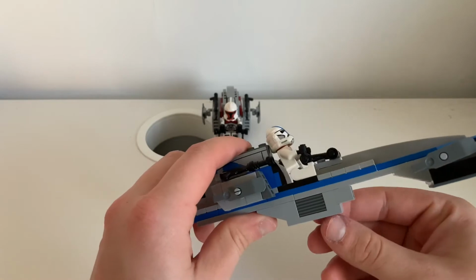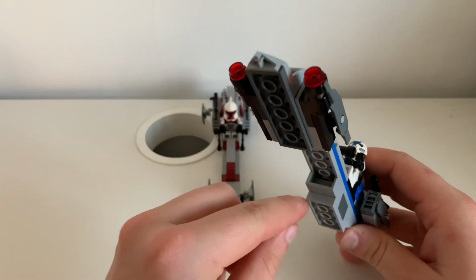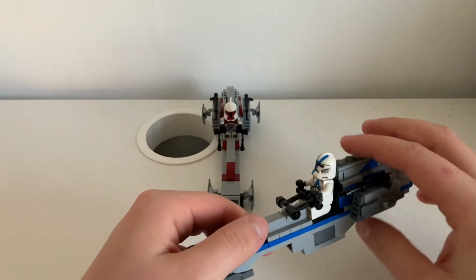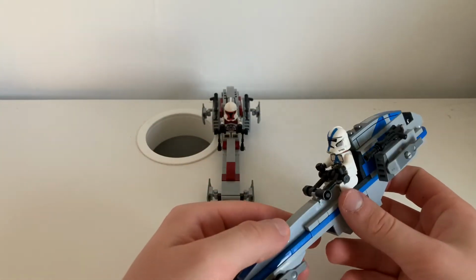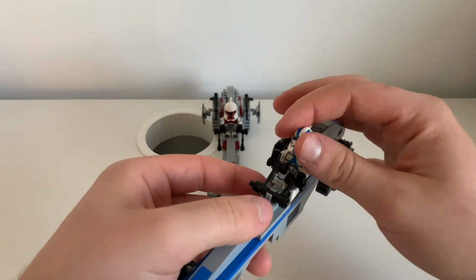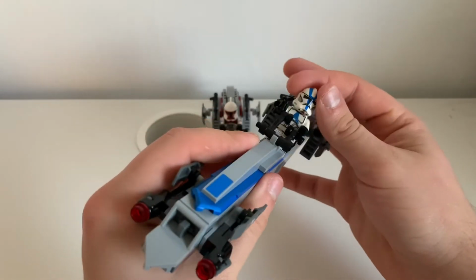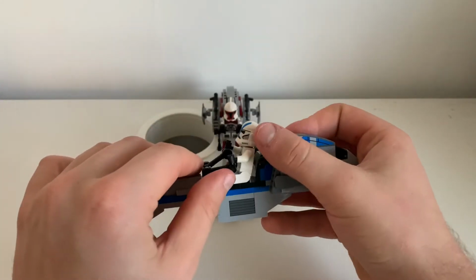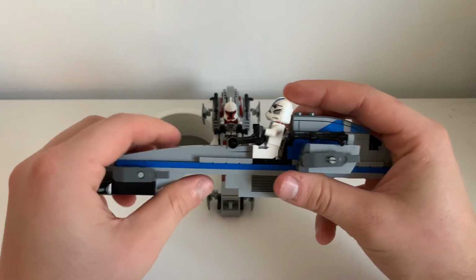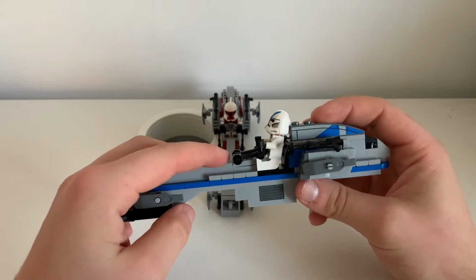The exhaust system here, using the grills on both sides of this build, and also an air intake point there, I think adds just little hidden details. Whether this was a play feature or not, I really like how the bike handles themselves actually move, so you can pose the bike almost as if it was hitting a corner or something, or you could lift them both up as if he's really trying to push the bike up, or pull them both down as if we're trying to brake or something. I'm not too sure, but I think that is also a really cool element of playability